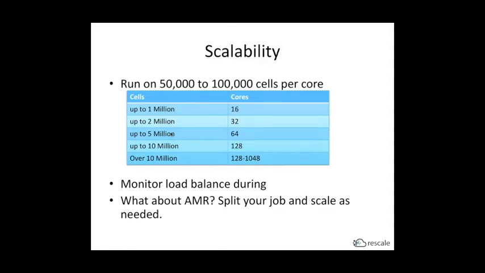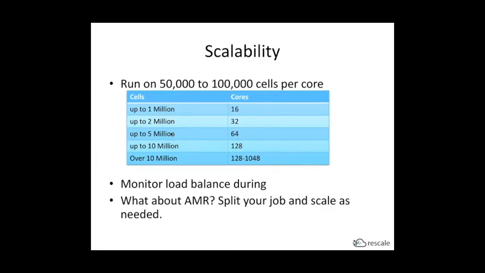But what about automatic mesh refinements? Depending on your maximum cell settings or your embedded levels, your cell count may fluctuate significantly during your job. You may start out, for example, with 500,000 cells, but may end up with millions of cells during specific events during the running of your simulation. When this happens, we encourage our users to split their job into 2 or more jobs and scale out between those jobs.